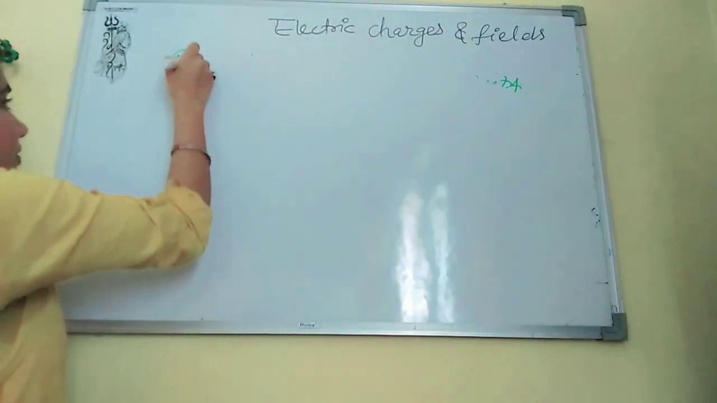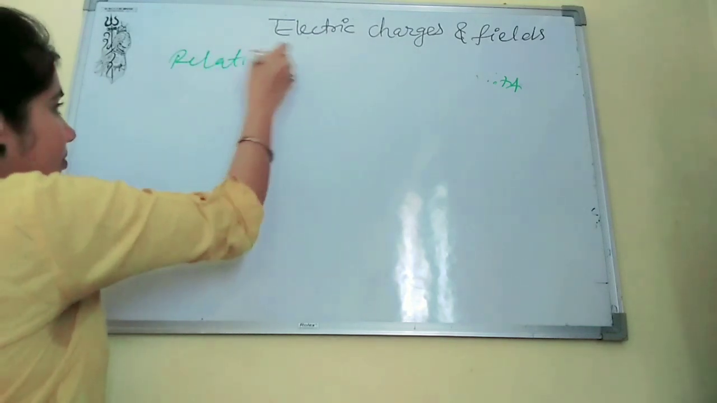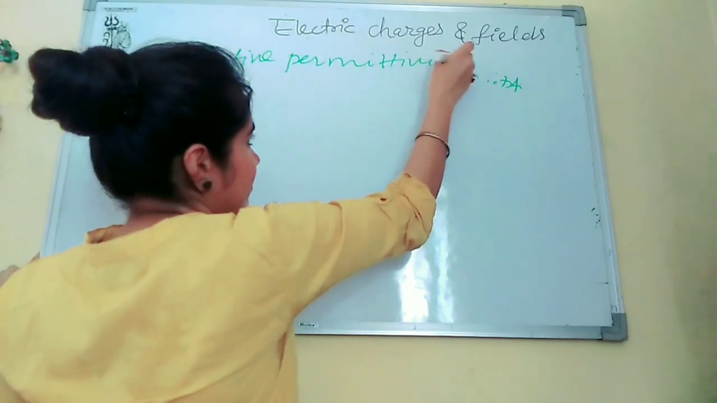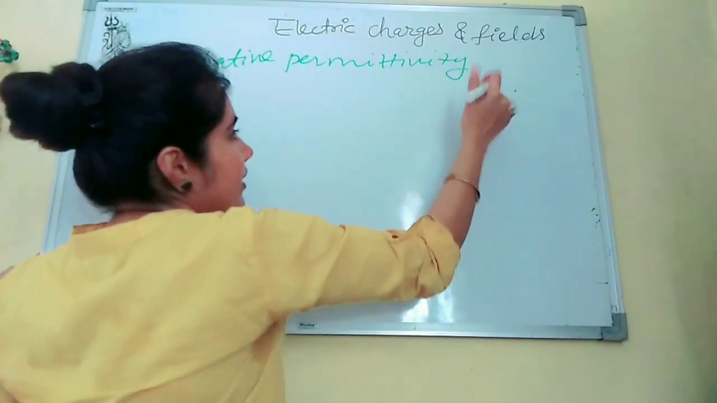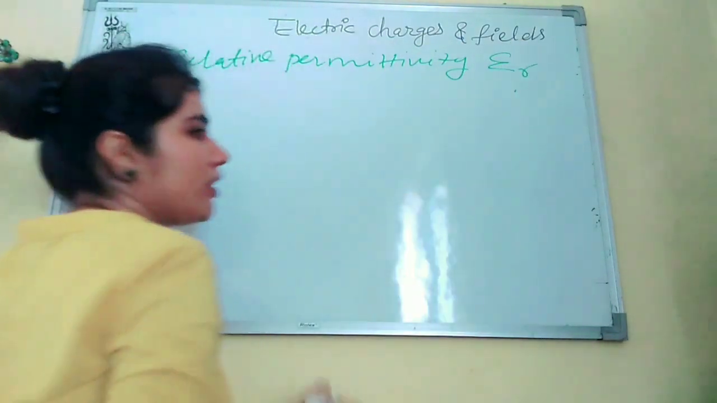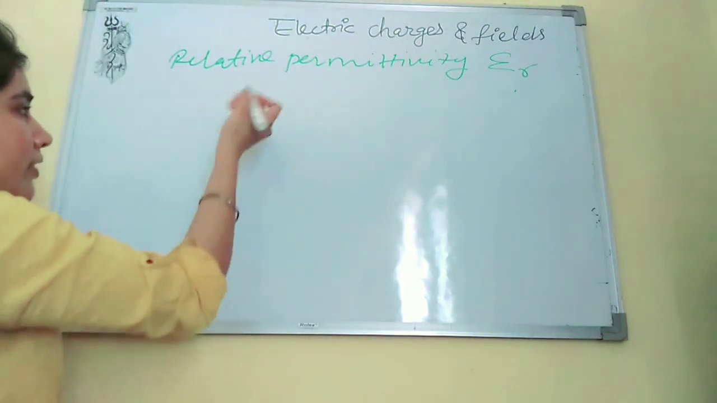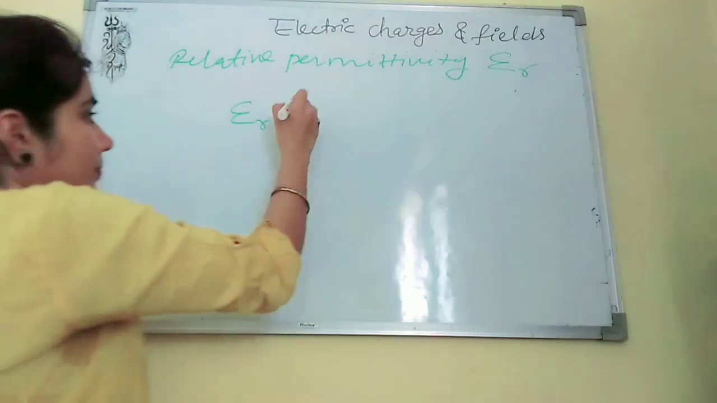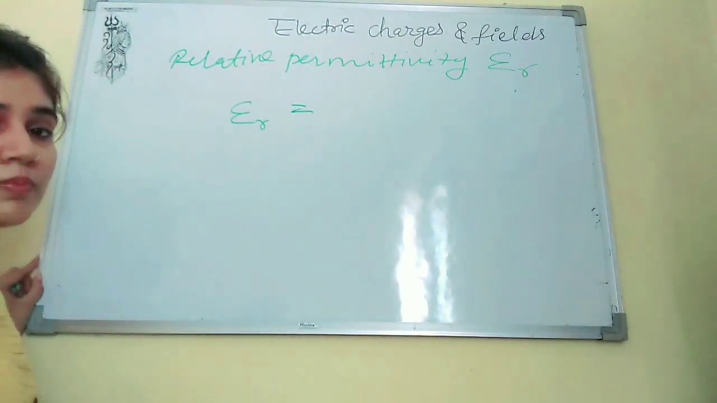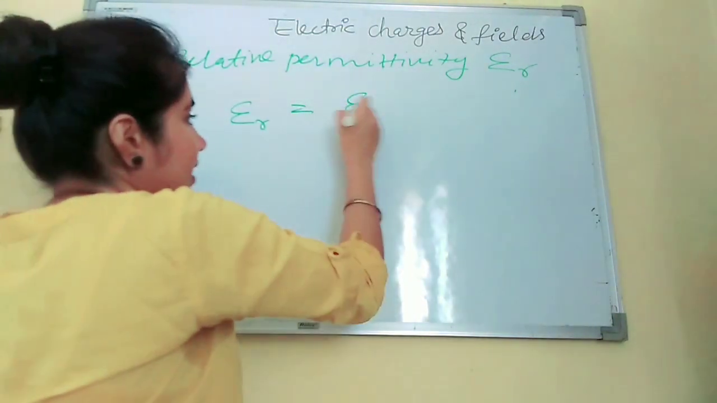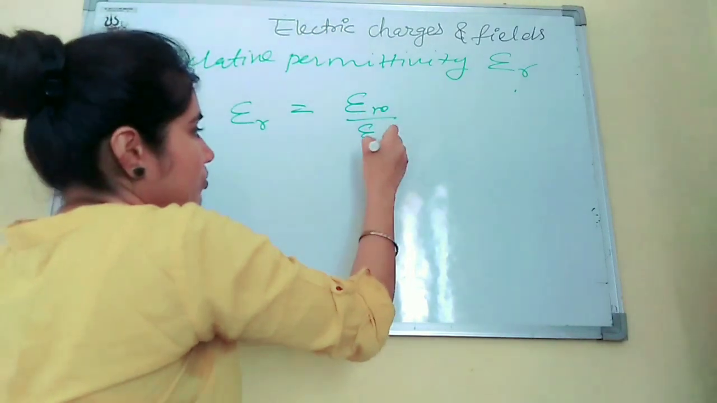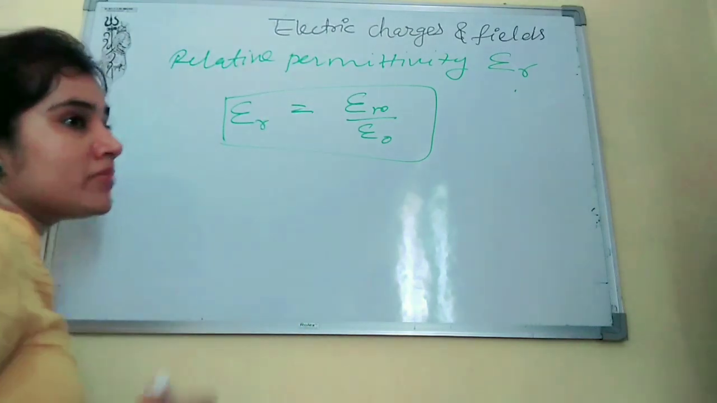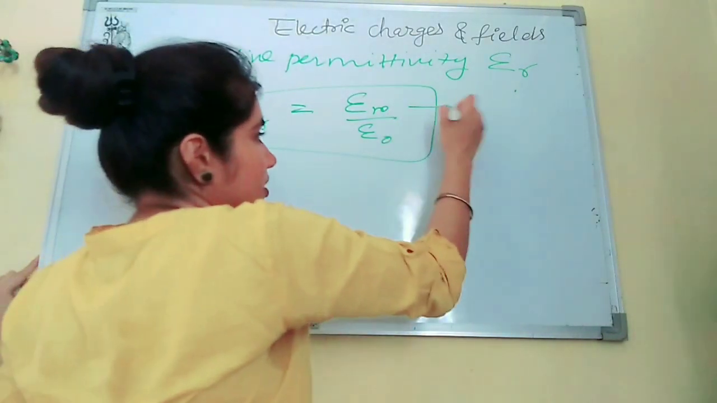That is relative permittivity, which we have simply denoted by epsilon r. So the relation is epsilon r equals the permittivity of the medium upon the free space permittivity, that is epsilon m upon epsilon naught, where epsilon m is the permittivity in any medium,